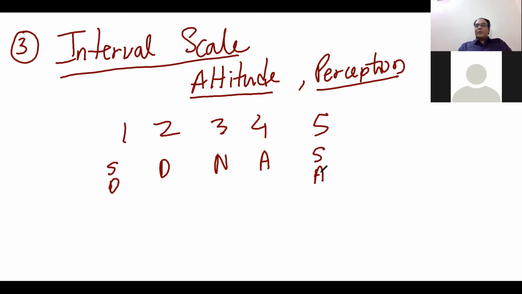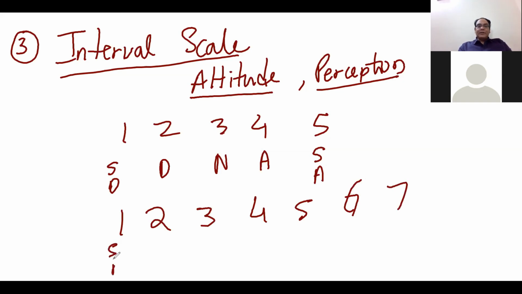Right? This is the normal scale we use. You can also use a 7-point scale, 1, 2, 3, 4, 5, 6, 7. In this case, 1 means strongly disagree, disagree, somewhat disagree, neutral, somewhat agree, agree, and strongly agree. So these scales are known as interval scale,